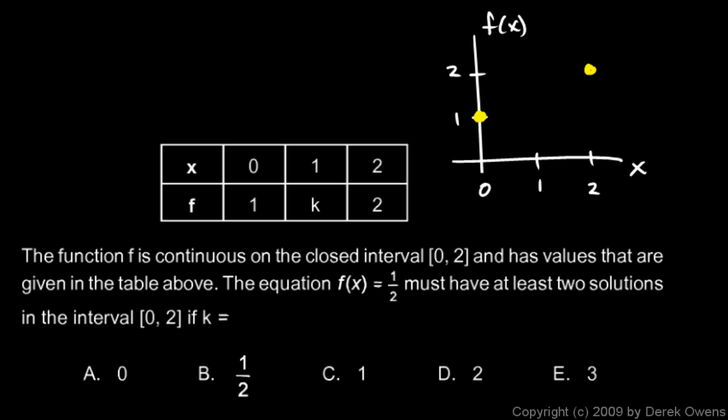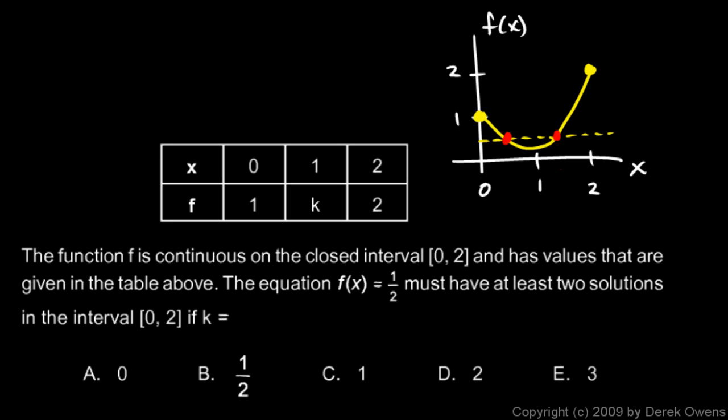Now we're told the equation f of x equals 1/2 must have at least two solutions. Okay, let's think about what this means. f of x equals 1/2. Remember, the f of x is the y value, the height of the function. So it has to equal 1/2. Let's sketch this in. A y value of 1/2. It must have that value at least 2 times. So that means in going from here to here, it has to dip below that line and go back up. And then you can see it has one point at this x value, and another point here at this x value,